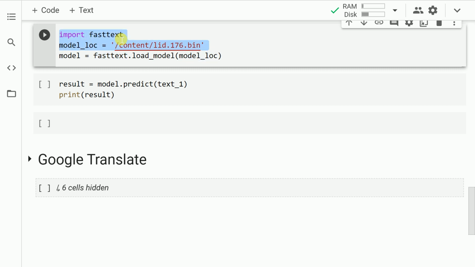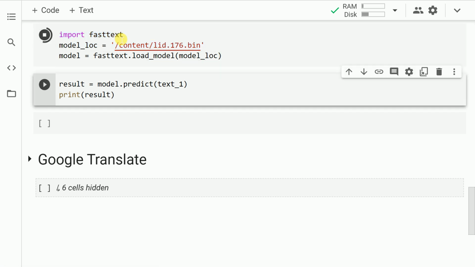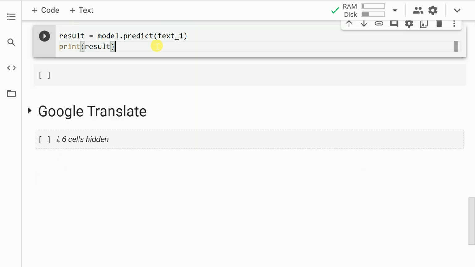Now that these two pieces are done, the only thing that I have to do is load the model using the function load_model. So let me run the cell. So we've reached the final stage wherein we'll now make a prediction. So let us go forward and call the predict function. So let me run the cell.